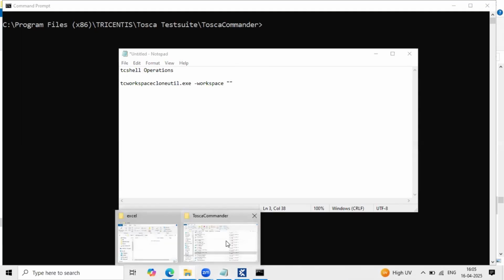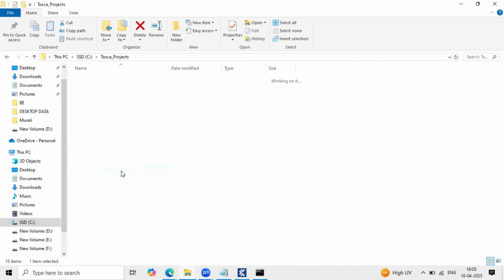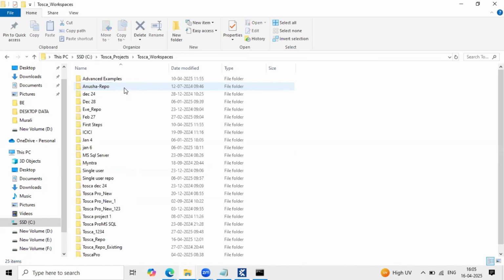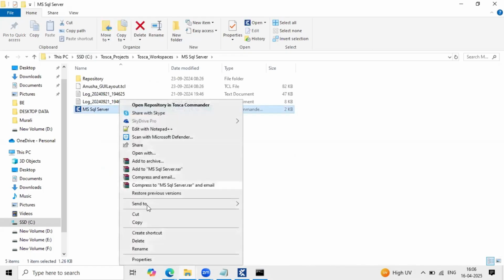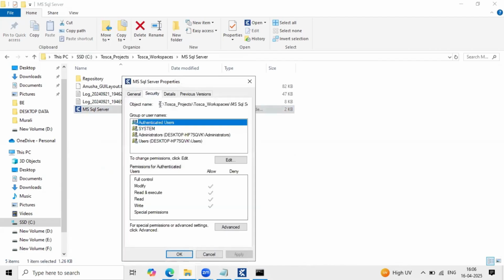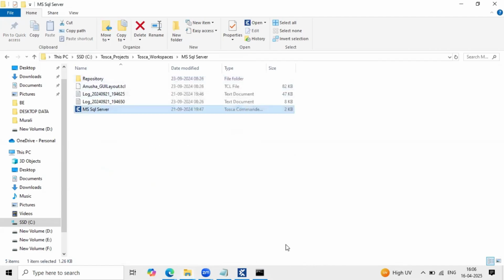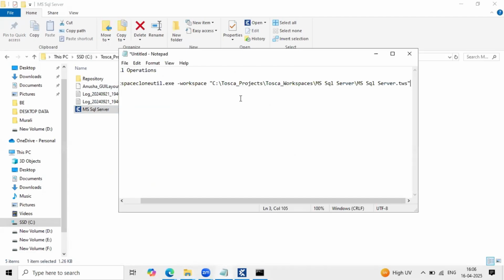Go back to the C drive, Tosca projects, Tosca workspaces. Let us pick the MS SQL Server one. Open this one, right click, properties, and capture this entire workspace path. Just mention it here. Once you enter this, we have to use one more command, that is the out command.